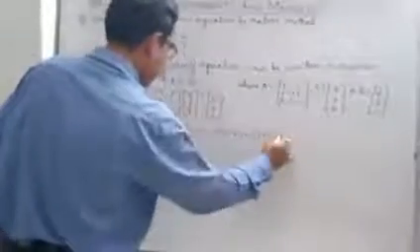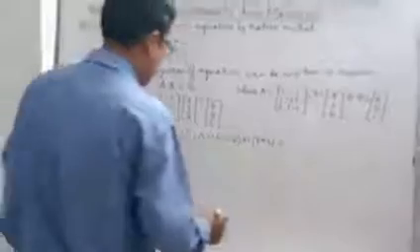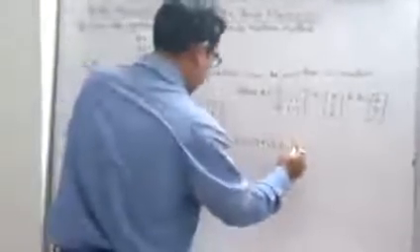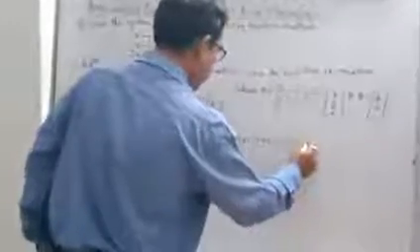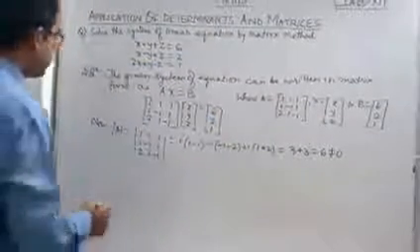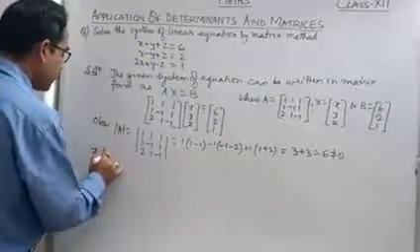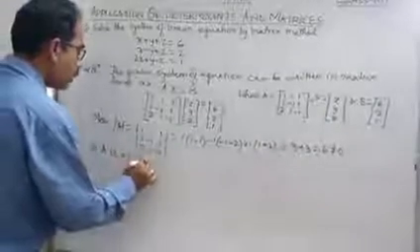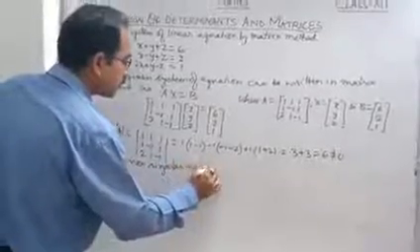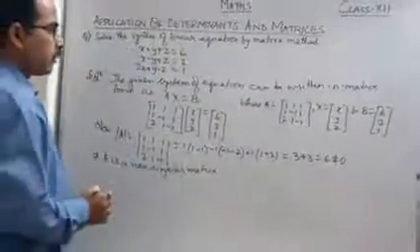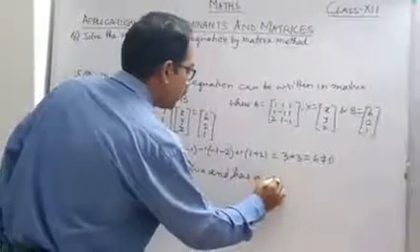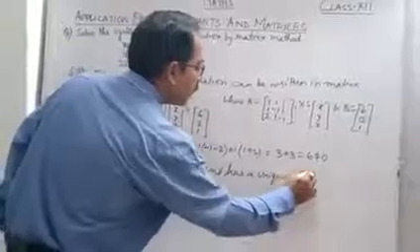So what we are getting, this one, this is 0, okay, this is here minus 3 plus 3, so 3, and here plus 3, so that is equal to 6, which is not equal to 0. So obviously here also A inverse exists, or I can say, which implies A is a non-singular matrix. Okay, A is a non-singular matrix and has a unique solution.